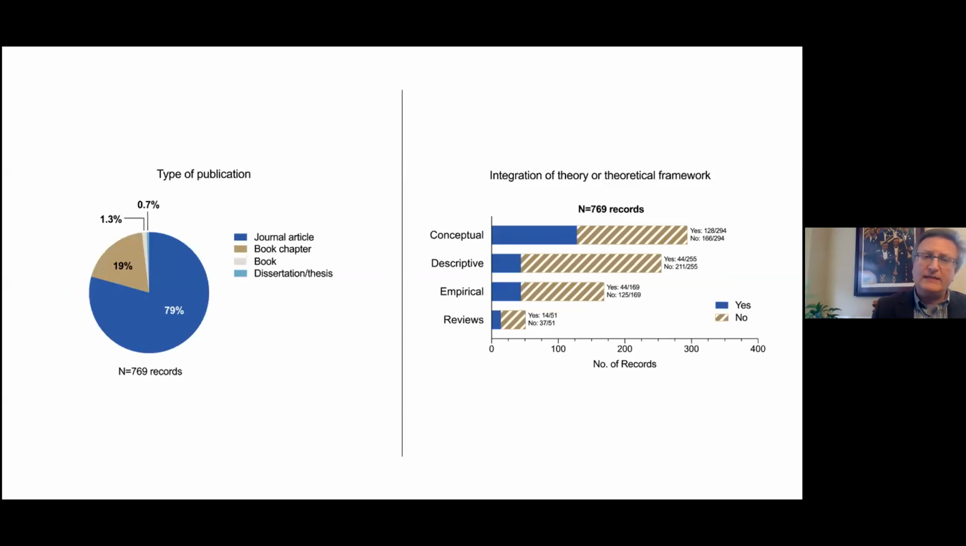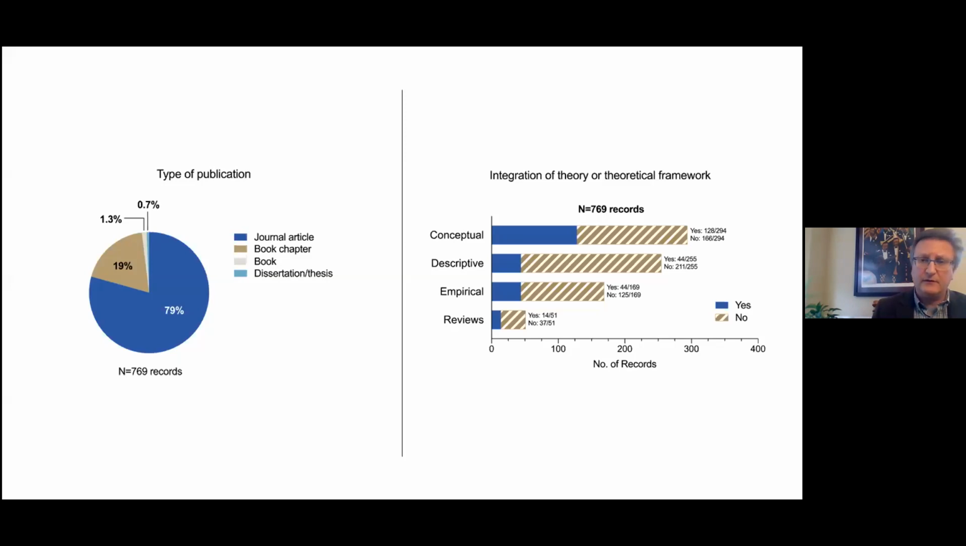We looked at what the types of publications are, and as I said, we had journal articles and book chapters and books and dissertations, and you can see on the left the relative proportions of each. The vast majority of this literature is journal articles. We also classified the articles as to whether they were conceptual articles, whether they were primarily descriptive of a curriculum or what have you, whether they were empirical studies, or whether they were reviews of the arts and humanities in health sciences education. And one of the things we also looked at was whether there was an underlying theory